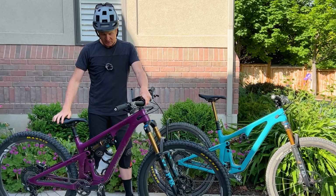Man, this 120 is just shockingly good on this trail. And to describe, that sounded like I popped my tire. I don't think I did. To describe this trail, it's very rocky, kind of these 8-inch to 1-foot chundery sections, and super